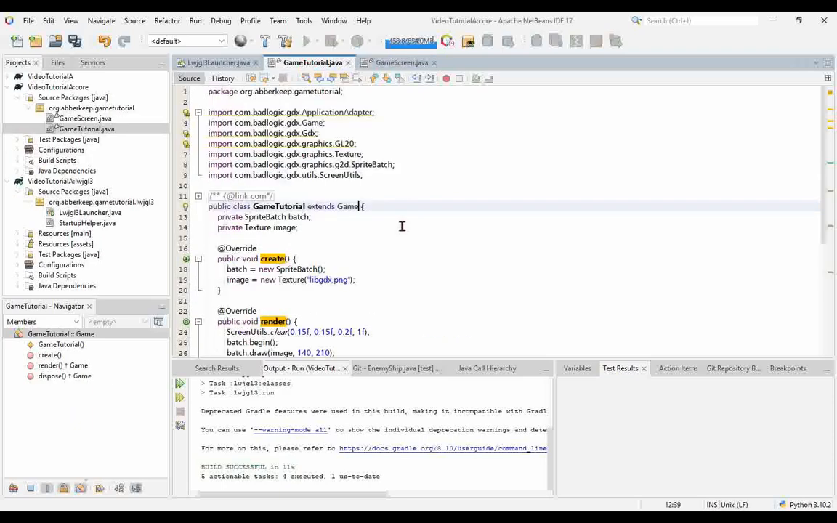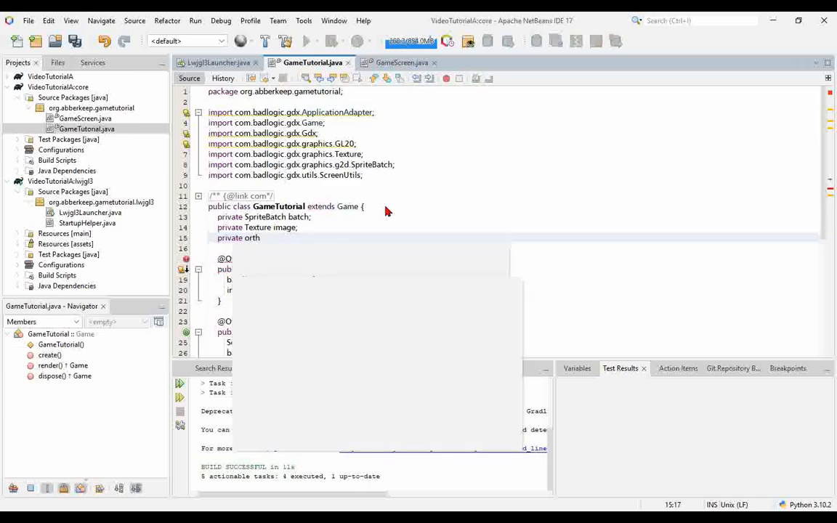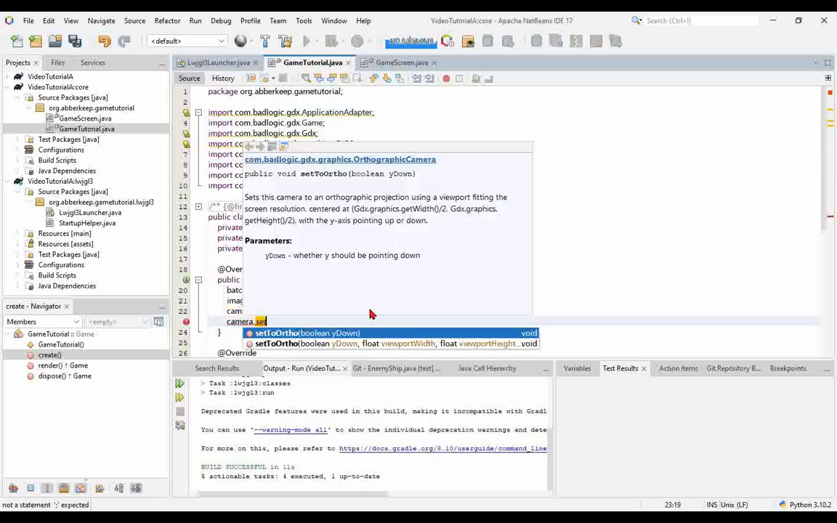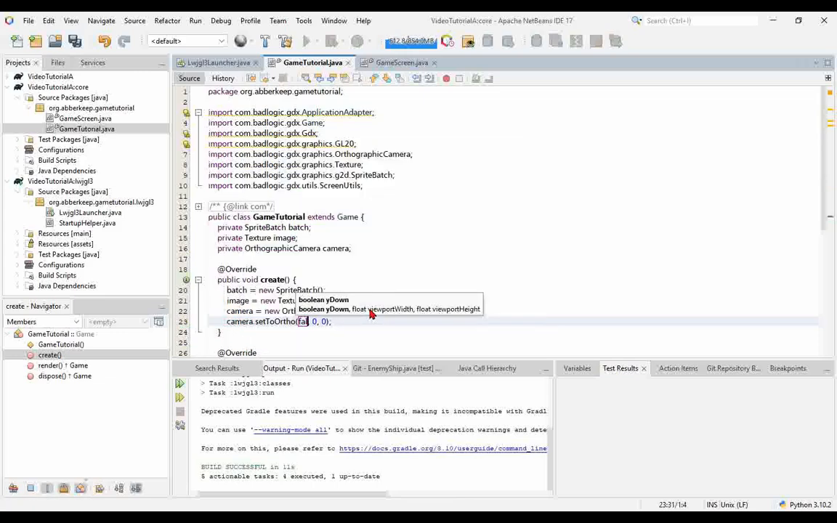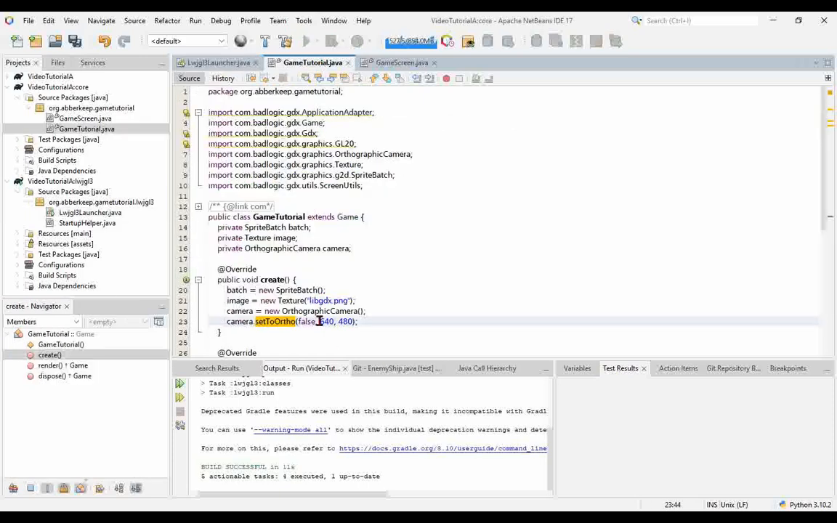And then we're going back into here. We also need to set up an orthographic camera because we're going to do 2D games only. So we need to instantiate our camera here in our create, and we'll just use that one. Then we need to set ortho to false, and then we need to set our width. That's where you need the size of your screen. So if you go back here, you have 640 by 480, and you need to pass that down into here,